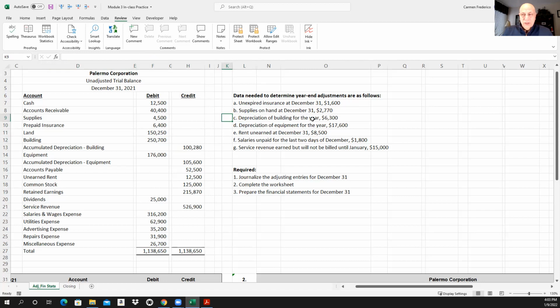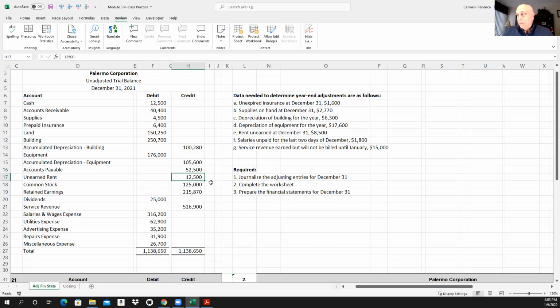Okay, all depreciation is a systematic write-off of the asset over time. It's depreciating over time. But we'll get into some of those calculations in another video. Okay, then we have transaction E, some rent unearned at the end of the period, $8,500. Okay, rent unearned. Well, if we look at our trial balance, we have unearned rent on our books of